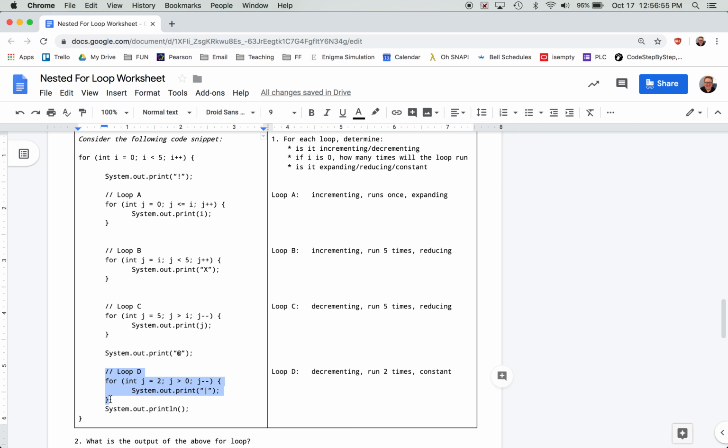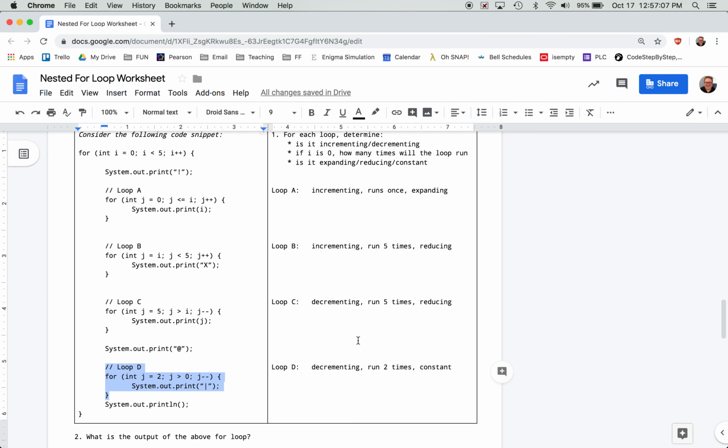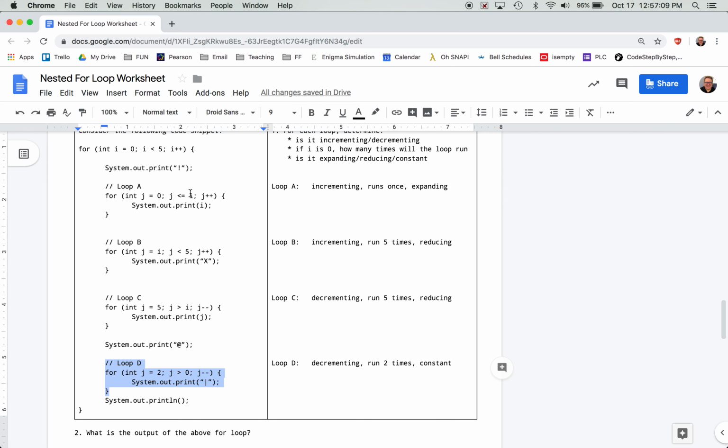Because 2 is a hard number, 0 is a hard number, it doesn't change. We're going to get the same number of those vertical bars, same number of pipes every time. All right, so that's that. So let's talk about what the output's going to be. Every row is going to start with an exclamation point, a bang,